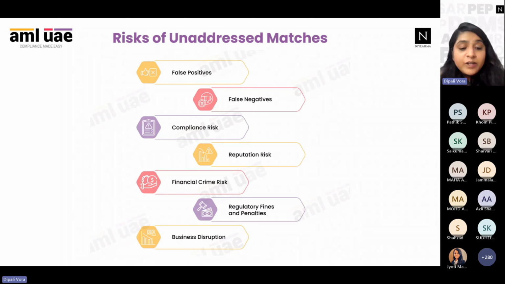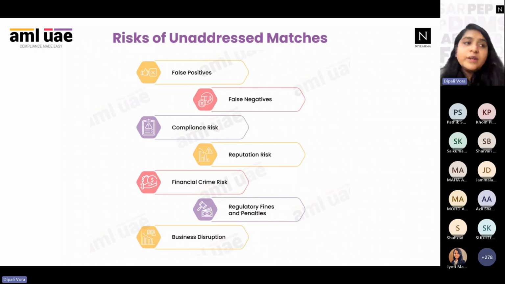Now, if you are into, say for example, auditing and accounting business, and you deal with somebody like that, there is a financial crime risk also associated with that, because your license will also come into question. When you deal with a person who is sanctioned, or there is adverse media where you ideally had to take action or file an STR or a country report, but you ignore that, that will also lead to regulatory fines and penalties. And when this happens, goodwill is affected. There would always be a risk of the business license being cancelled. So your business is going to suffer.